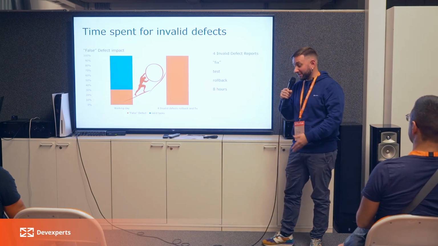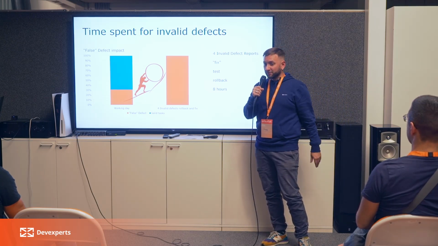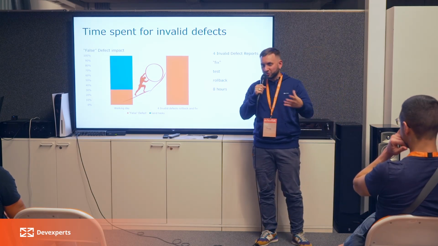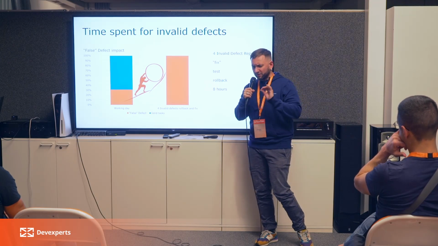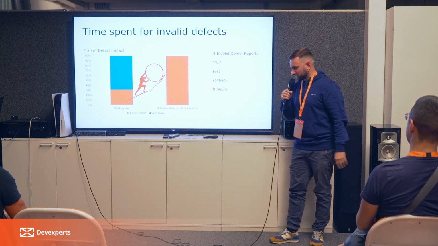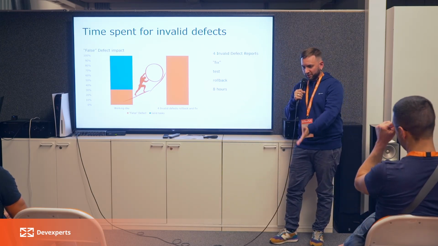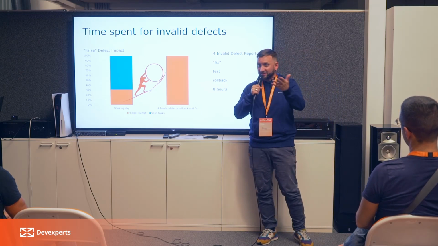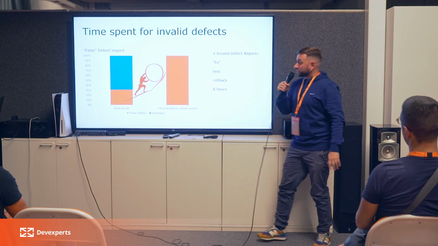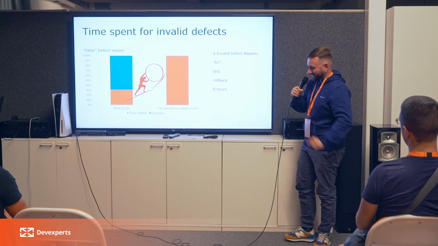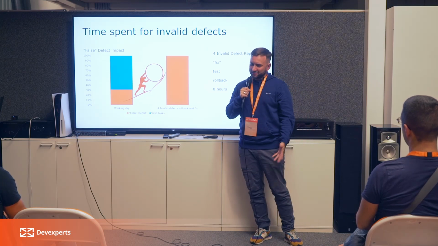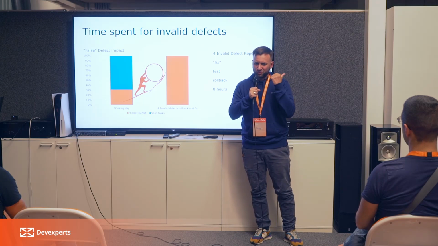So they fix it. We are testing it, and let's imagine that the person who is testing is not the person who created this defect report, and this person is a little bit more professional, let's say, and he or she understands, oh, why did you do it? It shouldn't be fixed. It's not even a defect. Please revert everything back. So what do we have? We have Sisyphean labor. A lot of people are creating defect reports, fixing, and understanding that it's not a defect and we should move back.